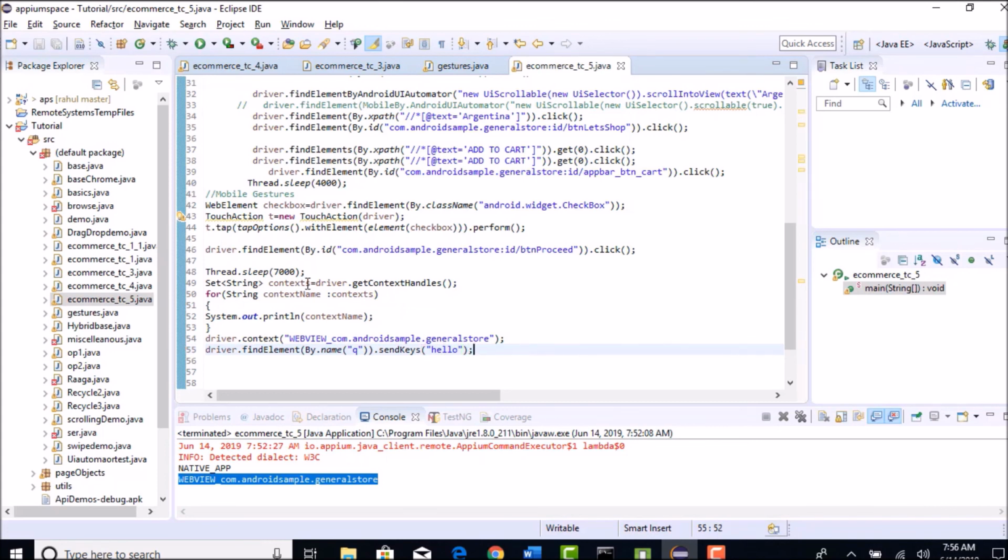All right, so in the next lecture, let's continue our discussion and see how we can perform some basic operations on this web view and how we can switch back to the native app. There is one trick here. I mean, when I say trick, it's configuration related. You might see an error when you start performing some operations on web view. What those errors are and how to solve them, I'll be showing in my next lecture. Alright, thank you.